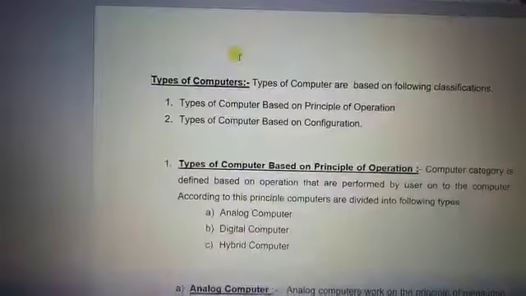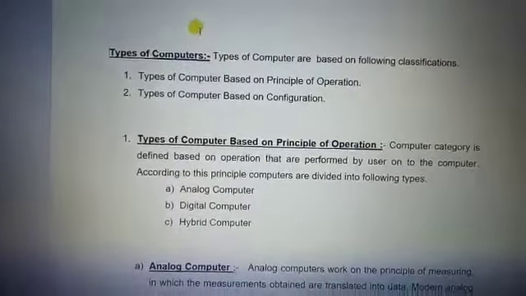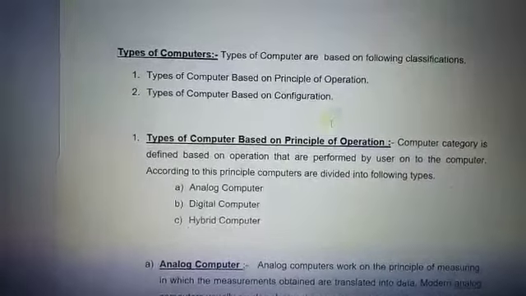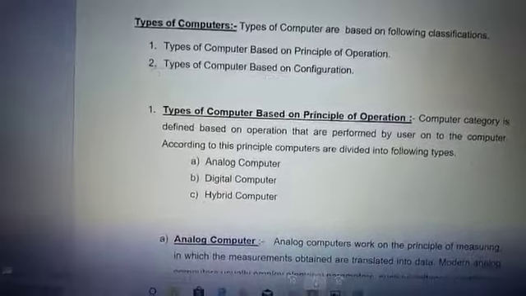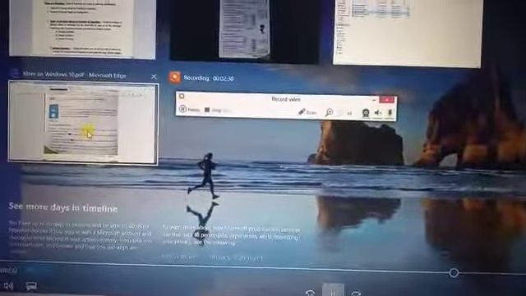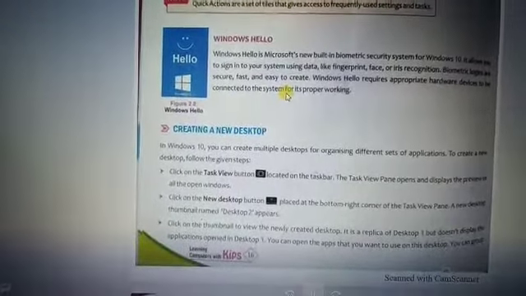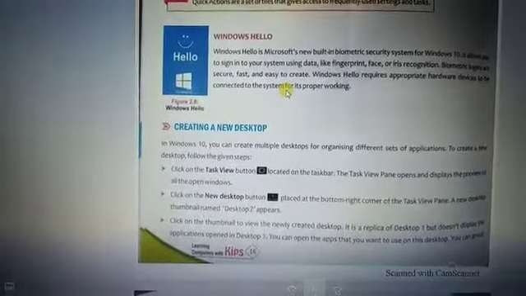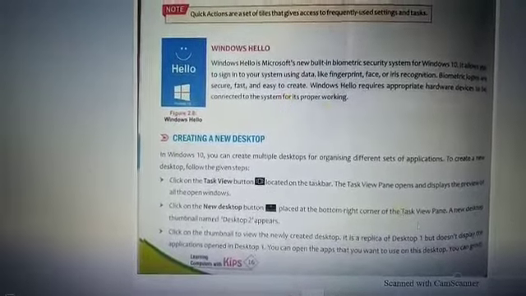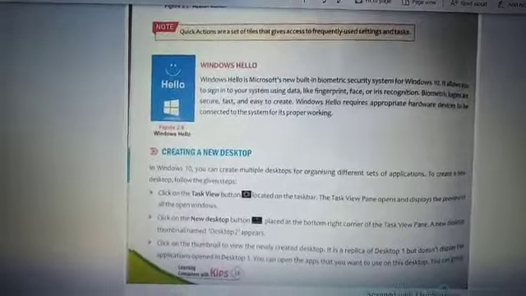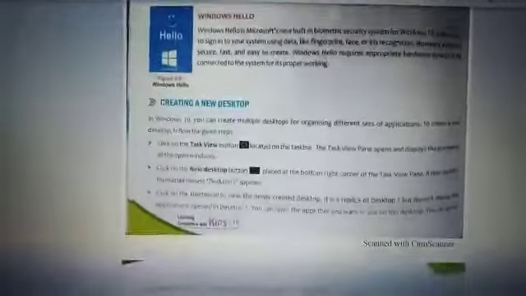We have come onto the types of computer. It will display in the maximized format. Again we click on the task view and we can move on to this other section. This will open in the maximized format. You can perform the switch view option from one desktop to another desktop. That is the purpose of task view.